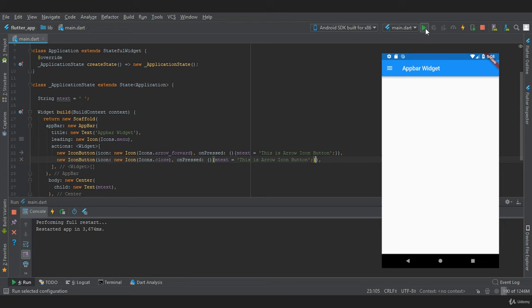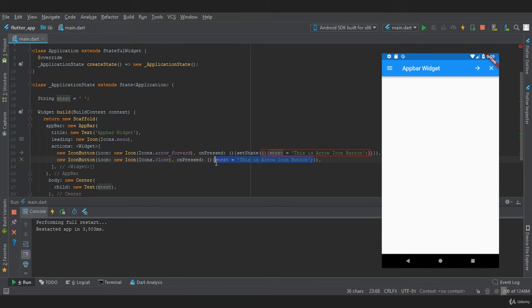Now let's restart our app. As you can see, we have got icons towards the right side of the app bar. If we press on the icon, we should get a text. Right now we are not getting the text because we have not set state. So here we need to provide setState, which takes a function, and in this we will provide mText.